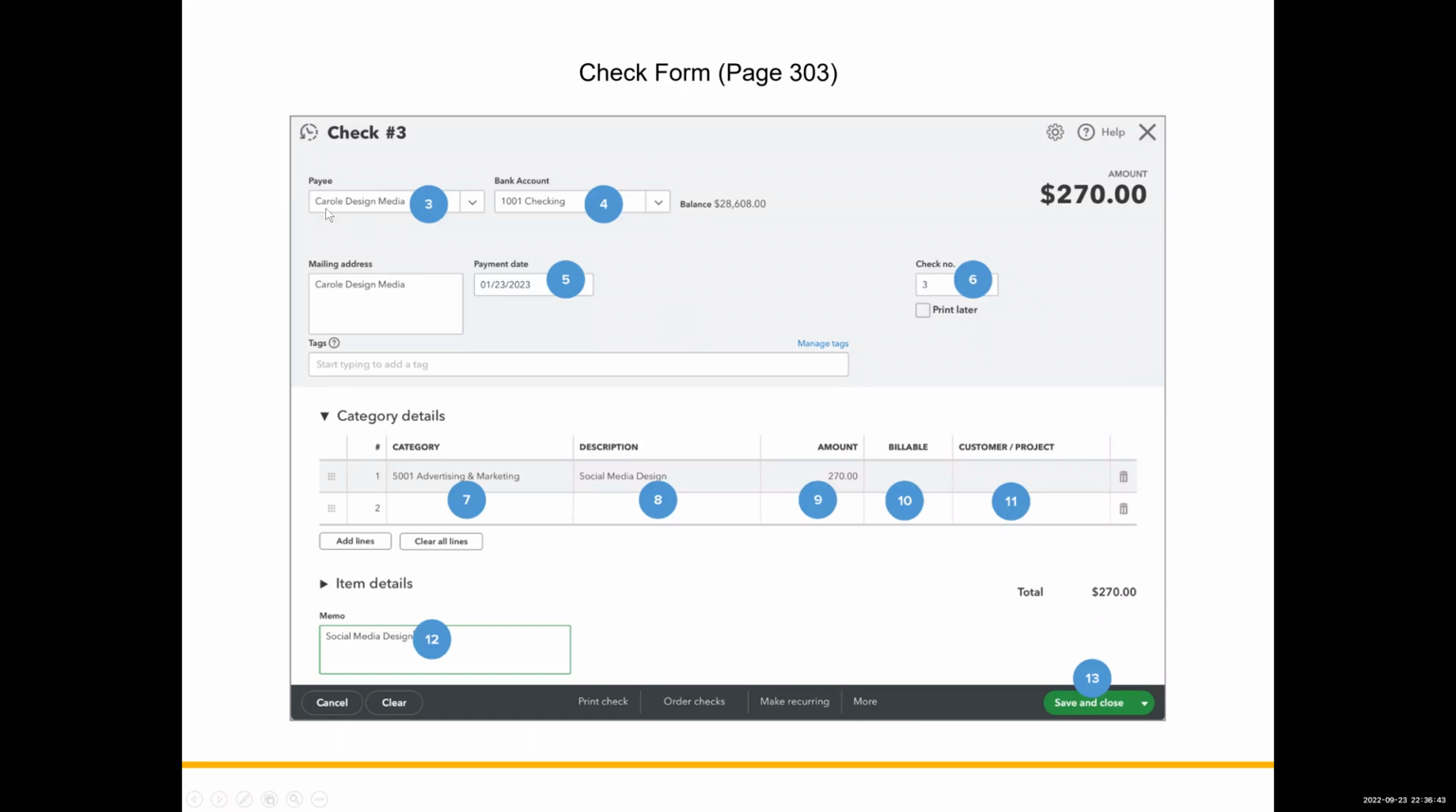So here we have Carroll Design Media. That's who we are paying. And notice here, we're going to use our checking account 1001. Now, in a business, you could have different checking accounts. So just pick the one that you're going to pay out of. And notice this, we've got a mailing address. This will pop up automatically if you put it in the vendor list, a lot of this information can be popped up automatically. Here we put in the payment date, January 23rd,